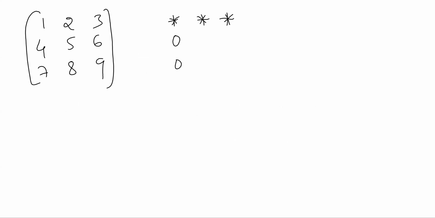So now in the second row, second element should be non-zero and remaining below element. So that is third row, second element should be 0. So this should be non-zero. So this should be non-zero. This is nothing but row reduced echelon form. So now express the given matrix in terms of row reduced echelon form.